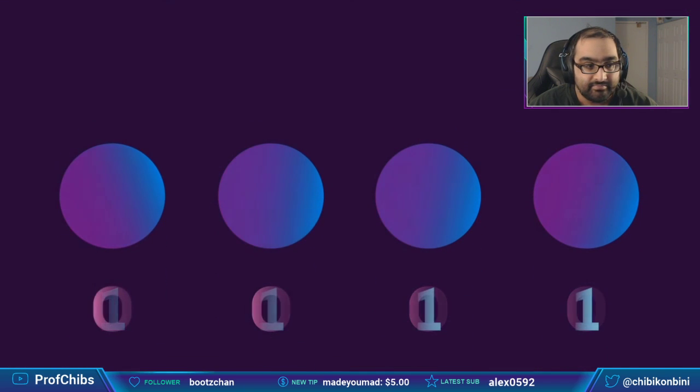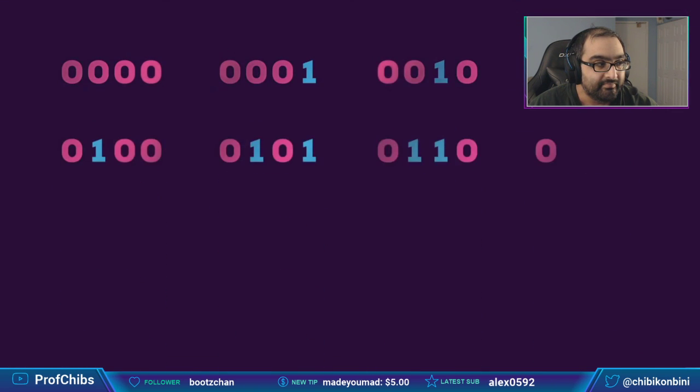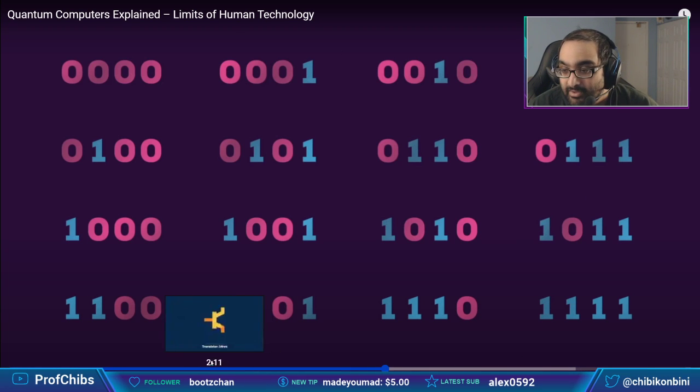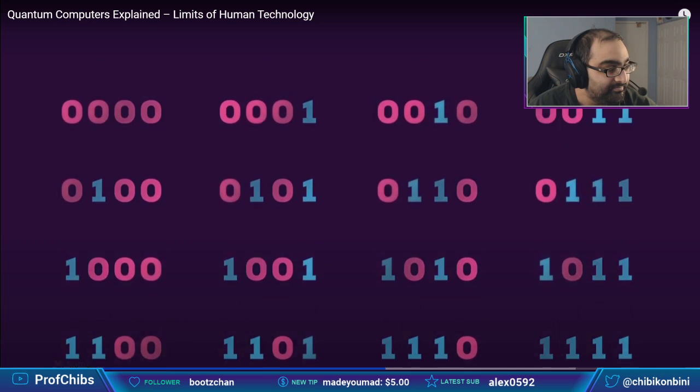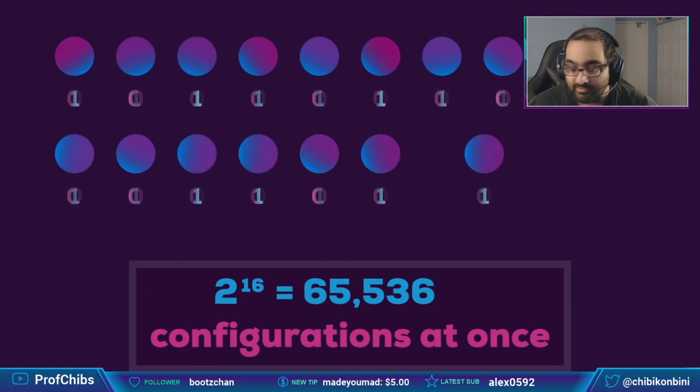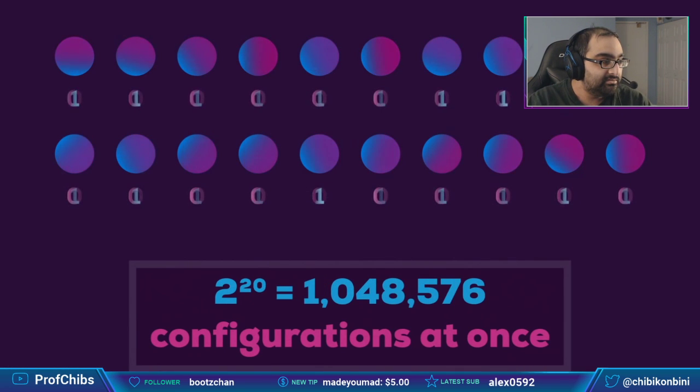4 qubits in superposition, however, can be in all of those 16 combinations at once. So now with 4 qubits instead, you can take on literally 16 at the same time, because all of them can assume each one of these values at the same time, which is pretty crazy. This number grows exponentially with each extra qubit. 20 of them can already store 1,000,000 values in parallel.